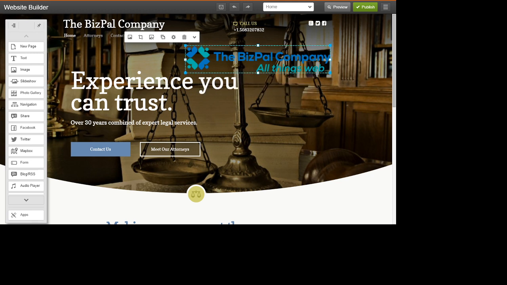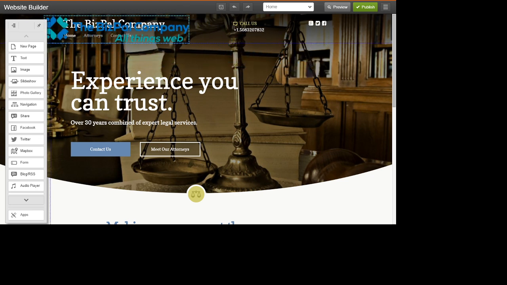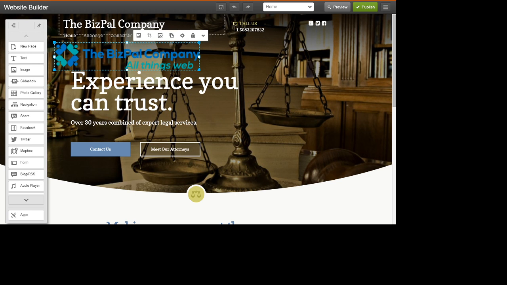I'm not necessarily liking the position of this. I would like to move it up here where the name of my company is. So I'm going to take this, I'm going to drag it up here, and I don't need that text behind my company name anymore. So I'm going to temporarily put the logo over here and going to click on the